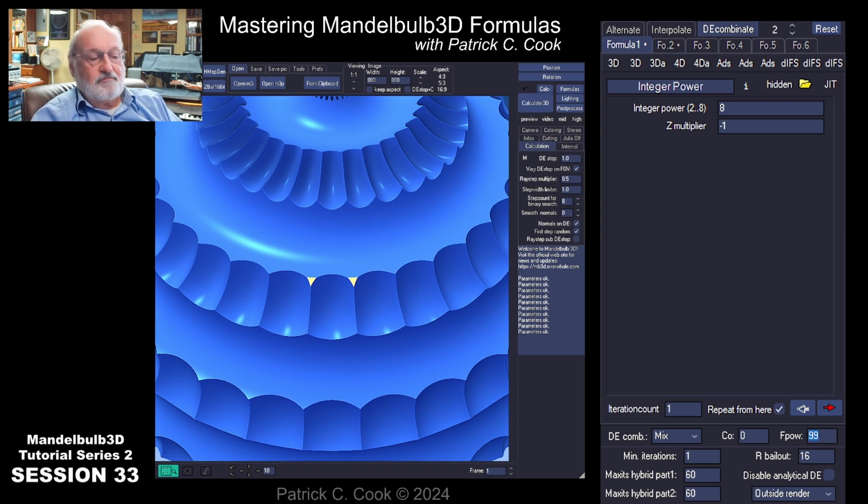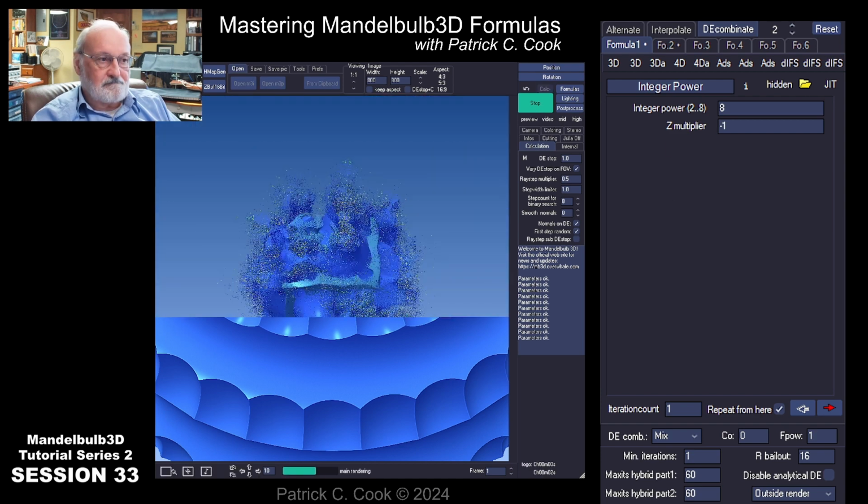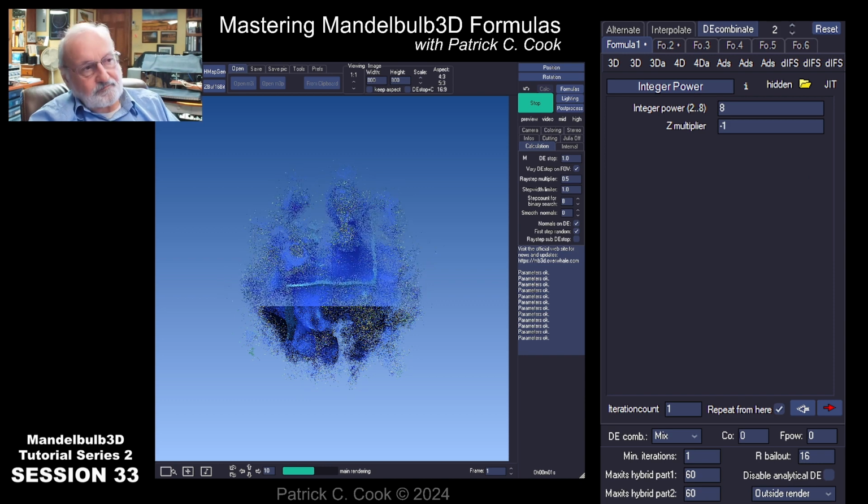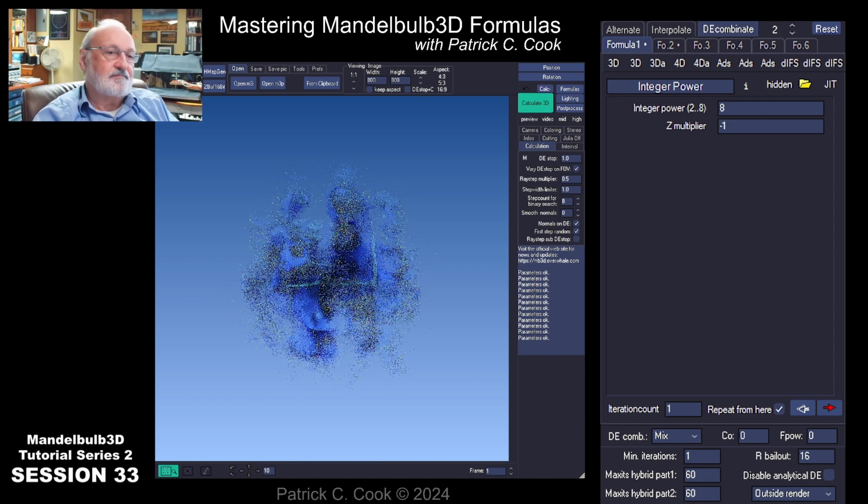Let's go back to FPOW. Let's knock that down to 1. Interesting. So this fpow is having a very significant impact on my DEcombinate 2 formula sequence configuration in mix mode. Let's knock that down to 1.0, sorry. So what this is telling us here is that we can have an impact on the quality